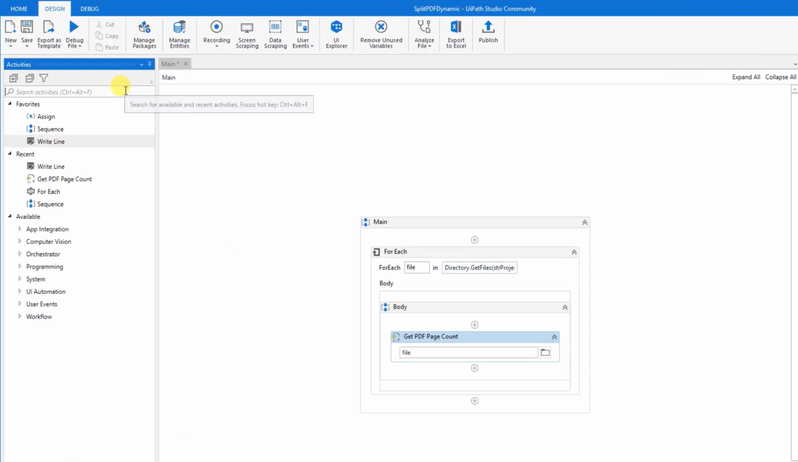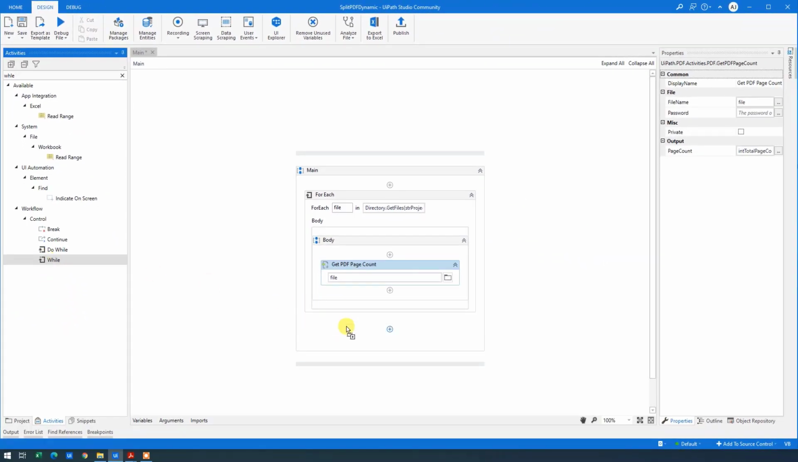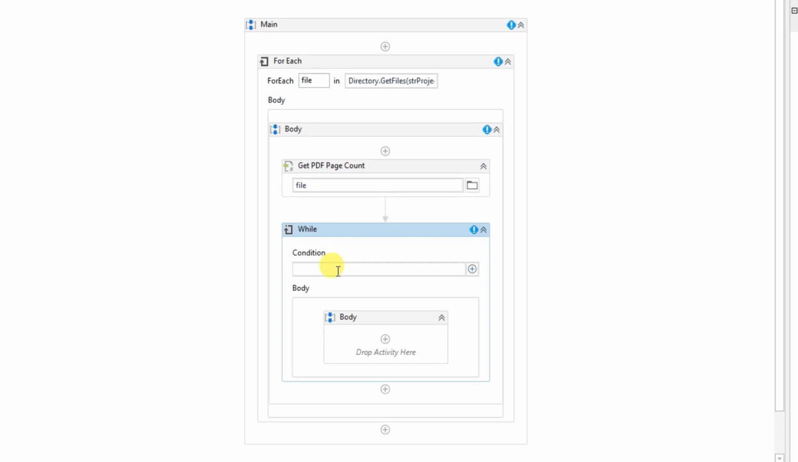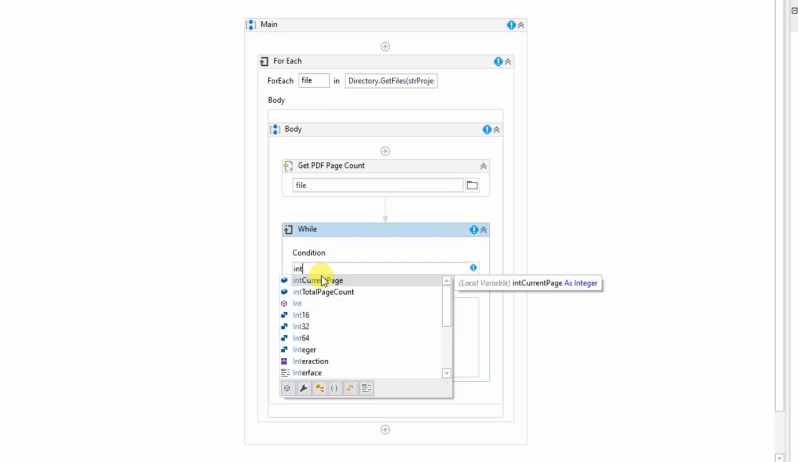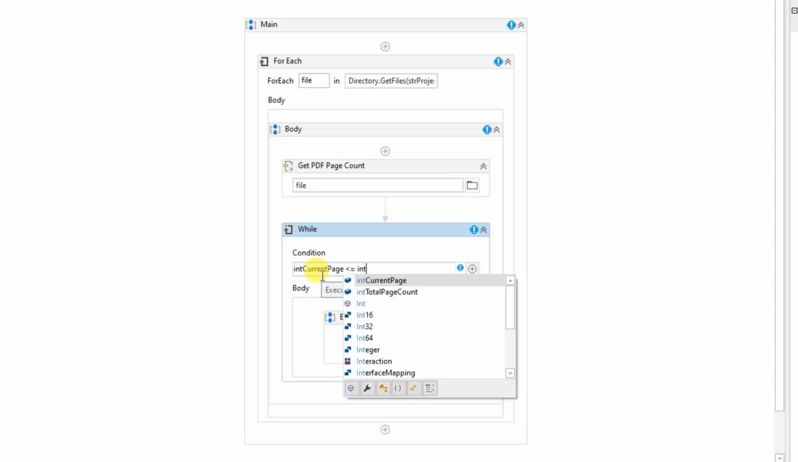Then I need a while loop. So search for a while here and drag it in. Remember to put it in your for each. A while loop is just a loop that runs over and over until this condition is not met anymore. So what condition do I want to look at? Well, I want to compare my current page to the total page count. So what I do here is that I say int current page less than or equal to the total page